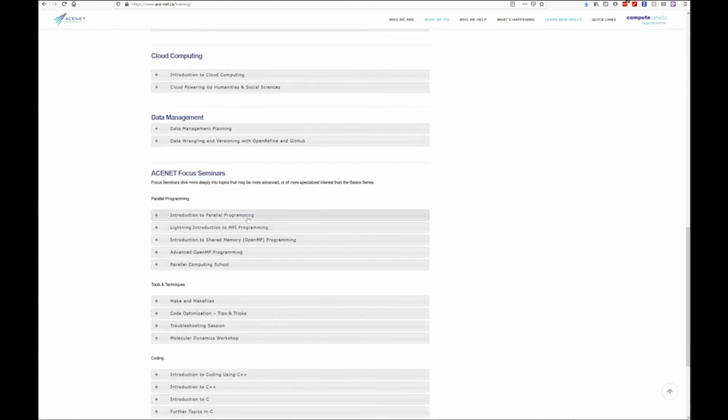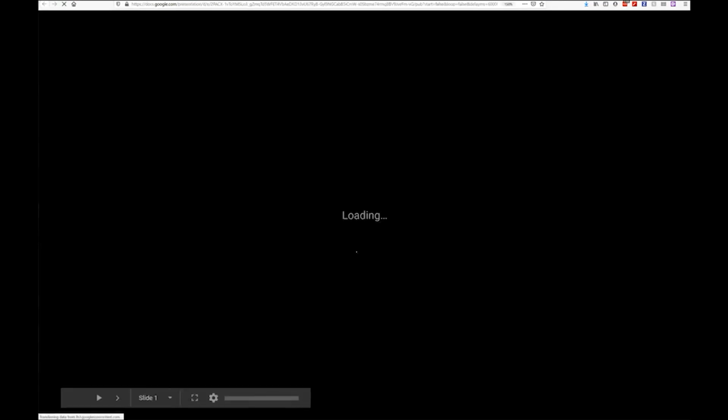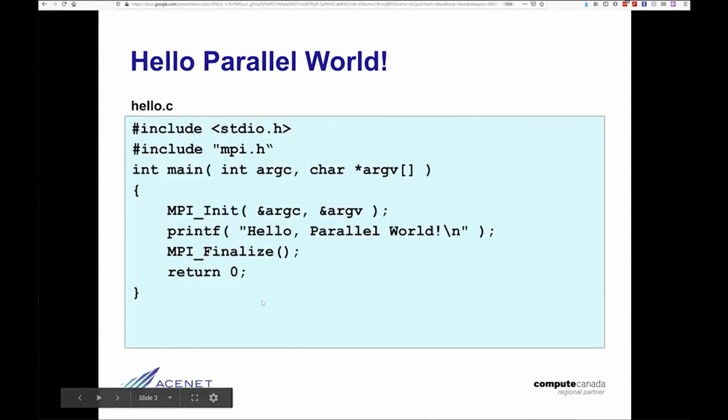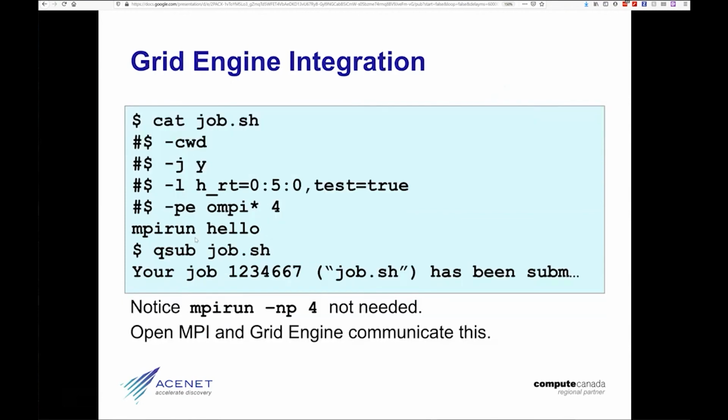introduction to parallel programming, introduction to MPI programming. But I'm just going to show you, when you go to that slide, the reason I went with MPI for Pi is because here's what it would look like if you were doing it in C. You'd have these MPI_Init and MPI_Finalize calls popping all around. You'd have to compile it with a special compiler that's MPI aware. And this is how you would actually submit a job with Slurm